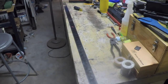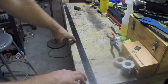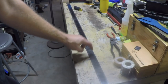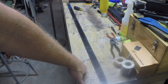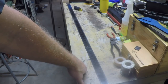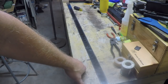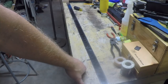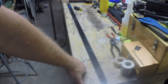The thing about Starrett rulers, when you get up to the 48-inch size, they get very expensive to buy new, especially depending on what they are. There's an interesting, kind of weird thing on eBay where there are these Starrett rules that are brand new that are selling dirt cheap. I want to say I saw one for like $18 and change. The problem is they don't even show a photo of it, and my belief is that these are imported knockoffs,